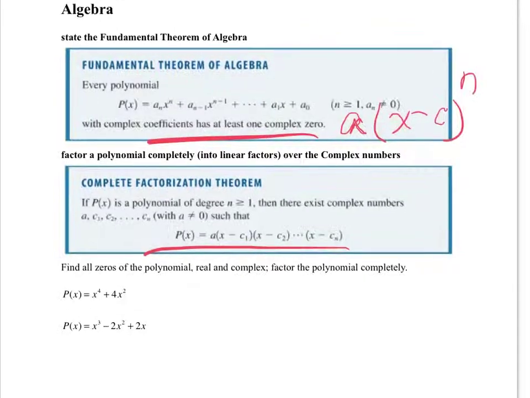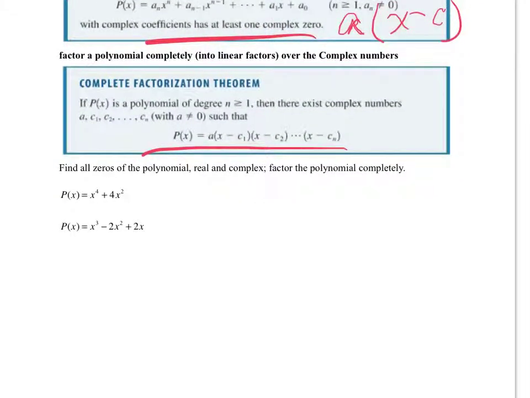So now we'll factor our polynomials completely over all the complex numbers. So this one, we'll factor it by finding its zeros, because once we find a 0, then we'll know we have a factor. So we take the polynomial and we set it equal to 0 to find its zeros. We've always done that. To find the zeros, you set it equal to 0. Now you factor x squared times x squared plus 4